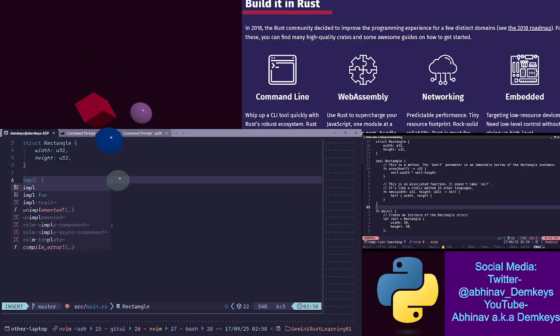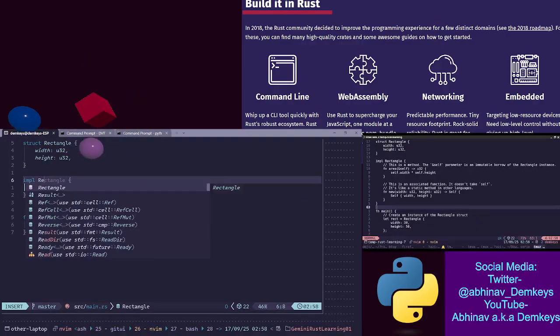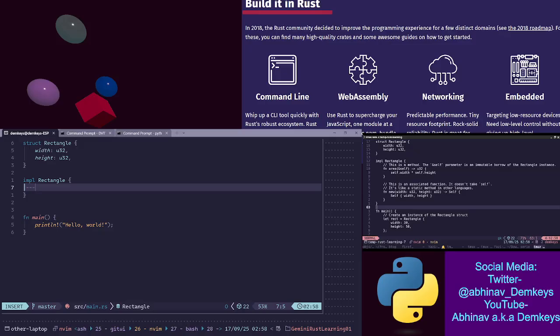Then we do impl rectangle. So I'm guessing this is how you mentioned that we are implementing methods for the rectangle struct. Okay, so it mentions this is a method. The ampersand self parameter is an immutable borrow of the rectangle instance.